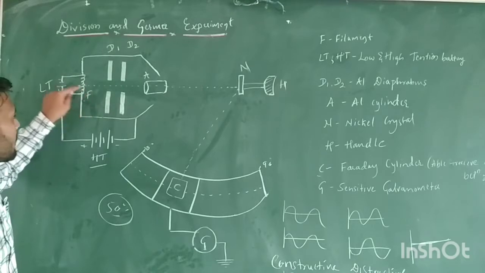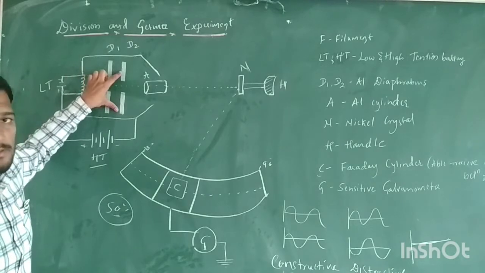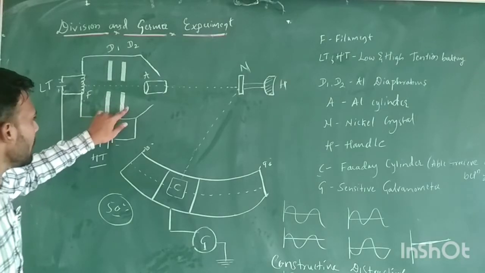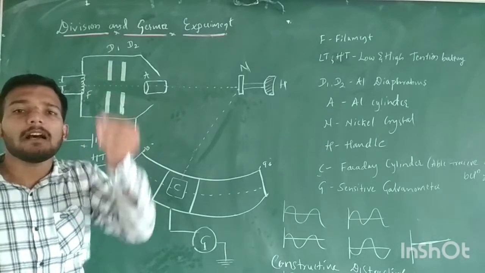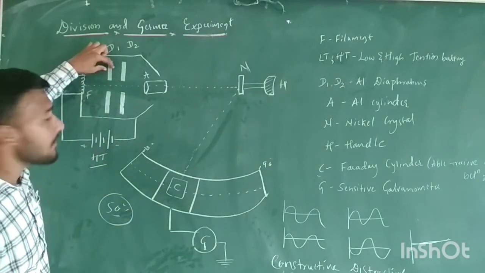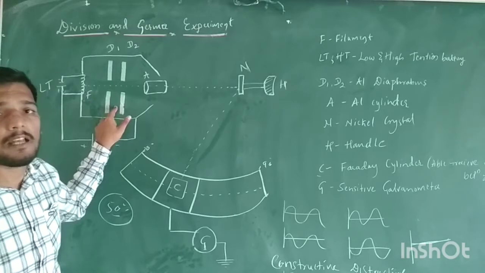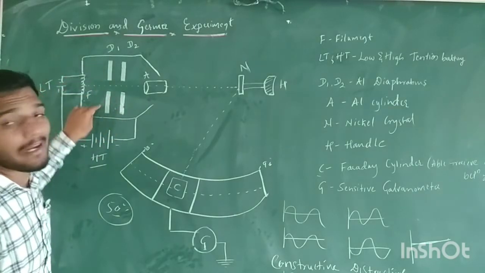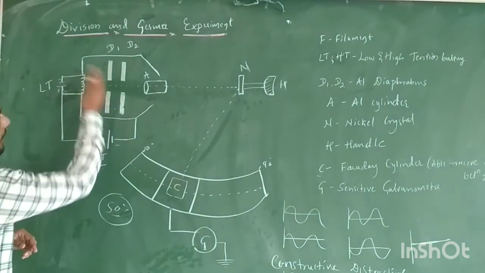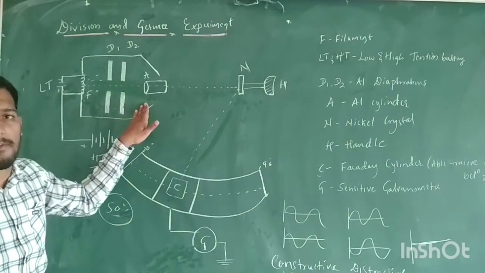These produced electrons pass through two diaphragms, D1 and D2. These diaphragms are made of thin aluminum foil. The thin aluminum foils help to restrict the extra electrons. Here so many electrons are produced, so the other electrons are restricted, and only one beam of electrons passes through the diaphragms.